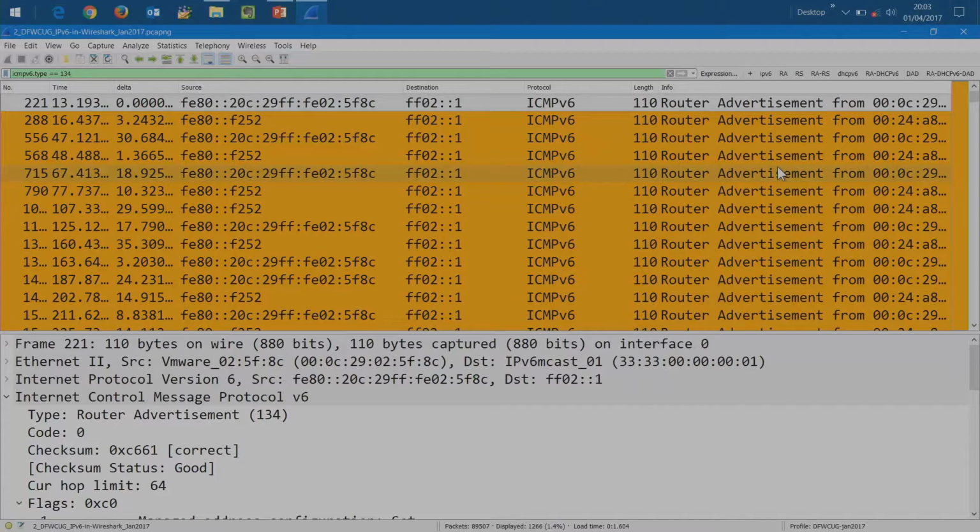Look right in the middle. FFFE is your key. Does it not mean it could be random? It could be random, but the chances are pretty slim, right? But it doesn't mean it couldn't. So of these two addresses, the F252 or the modified EUI-64, which one do you think is possibly not the real one?